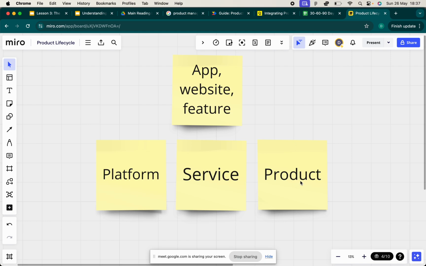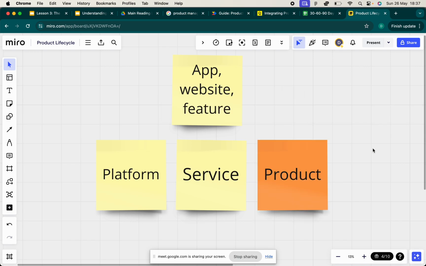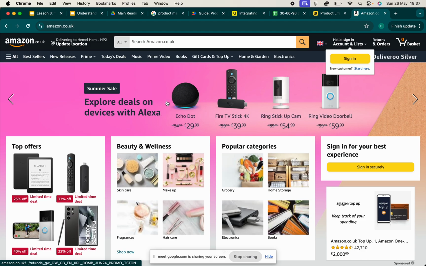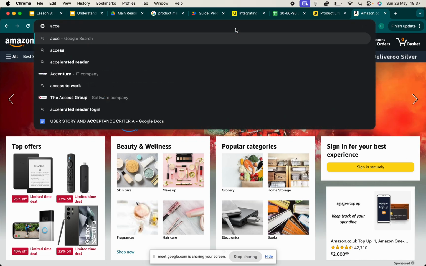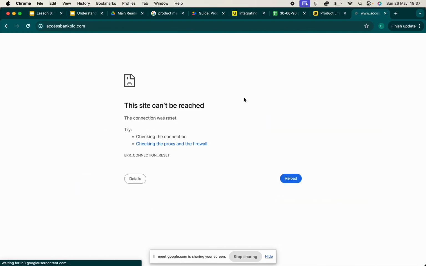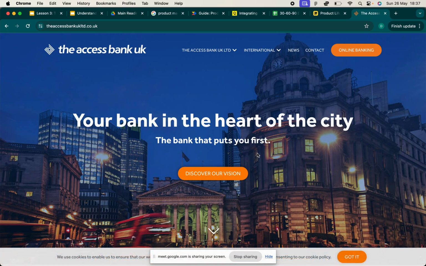Because product is a term I use a lot in the course. So whenever I use that, I want it to be clear in your head that I'm referring to any platform. If I go on, for example, Amazon.com, this is a product. I can call it a product. I can call it a platform. If I go on Access Bank, for instance, I wouldn't call this a product.